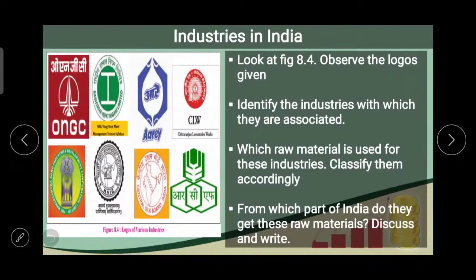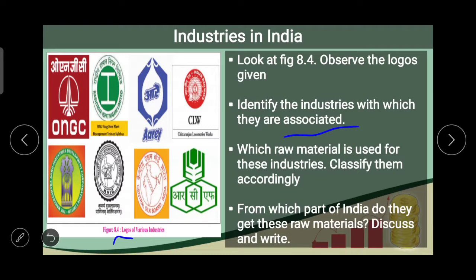And now the industries in India. On the screen you can see the logos of different companies. Now what you have to do with this, look at figure 8.4 where we have logos of various industries, and then the questions. Identify the industries with which they are associated. For example, ONGC is associated with what? किस टाइप की इंडस्ट्री? Then RINL, राष्ट्रीय इस्पात निगम लिमिटेड. Then CLW, that is Chittaranjan Locomotive Works. So these are the logos, and you have to identify which industries these are associated with,